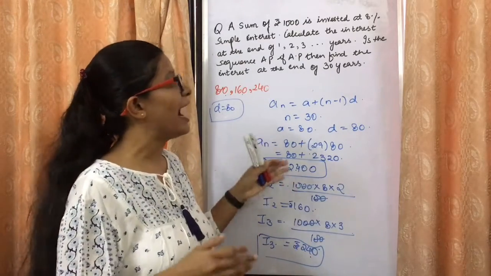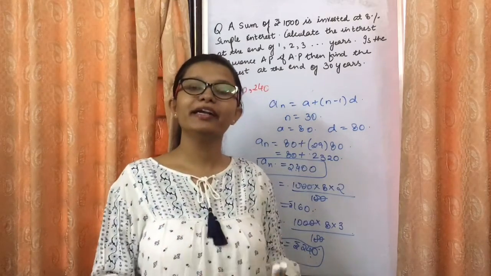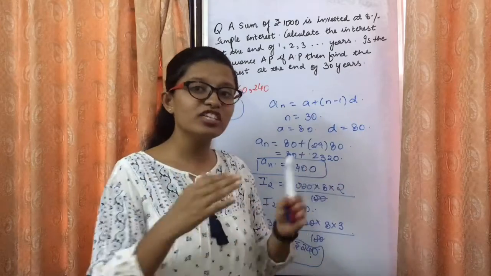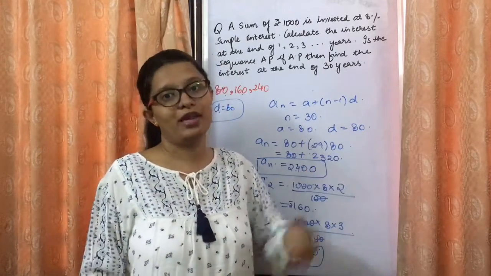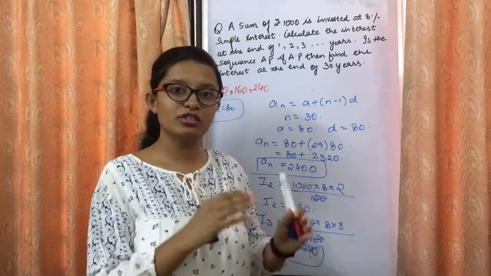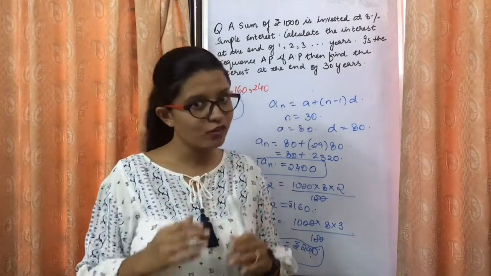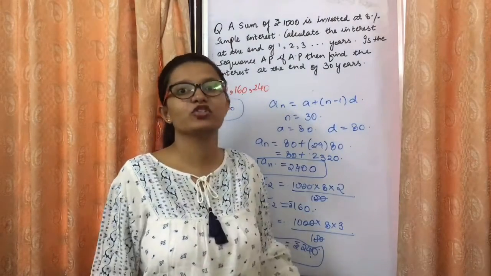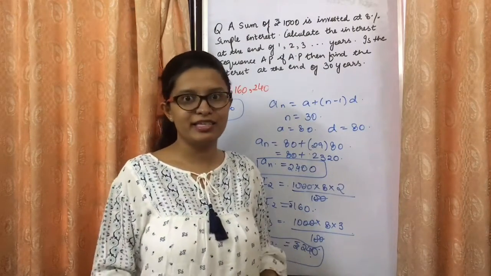So this is the way how we can make use of an arithmetic progression to take out the number of years, just by applying one simple formula. So हम जितने भी problems अभी तक solve करते आ रहे हैं, we are just using this formula and all sorts of problems are solved. See how easy it is.